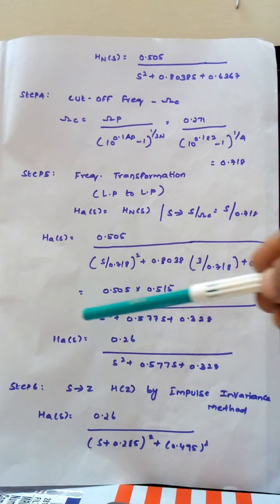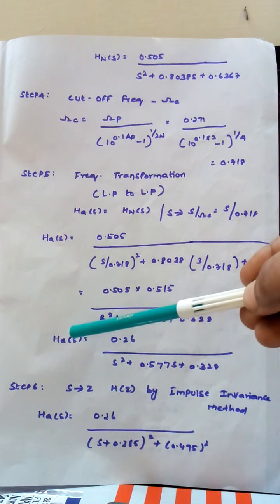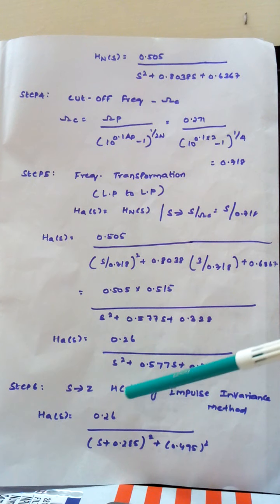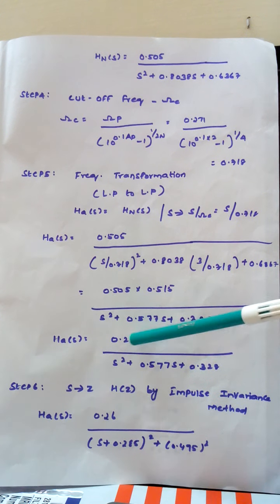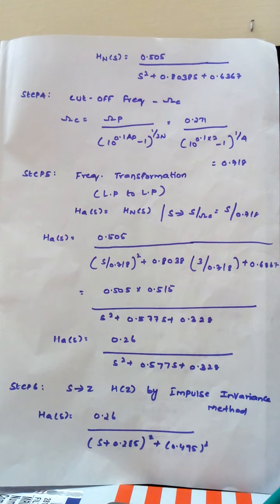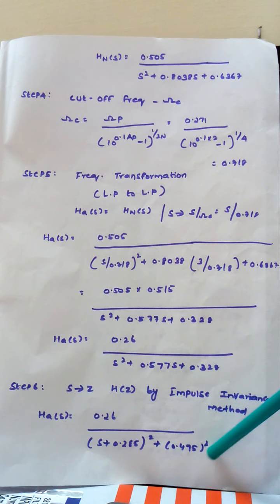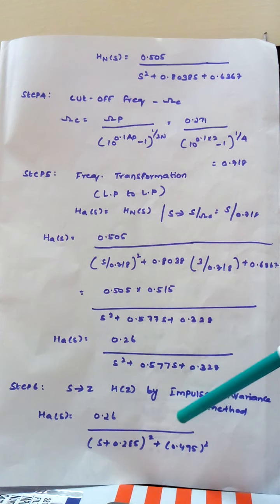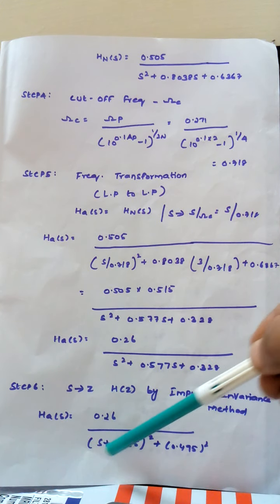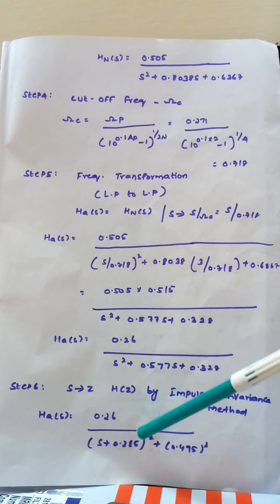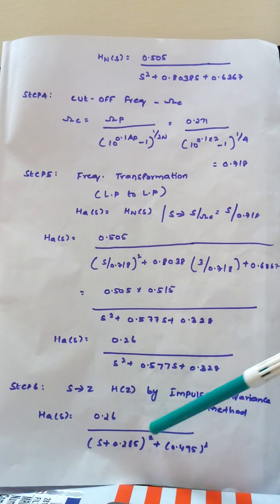Now this is in the S domain. They are asking for the digital Chebyshev filter, so we have to convert this from the S domain to the Z domain. H of z can be found using the impulse invariant method. We cannot write the impulse invariant form directly here, since there is a constant term as well. So we take 0.26 outside and write the denominator in the form b divided by (s plus a) squared plus b squared. For b, we have to multiply by the term 0.495 and divide by 0.495.